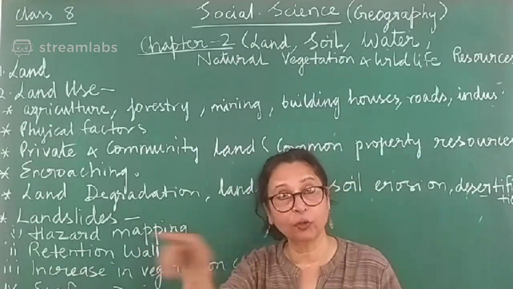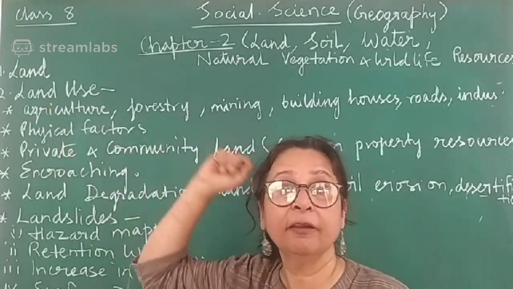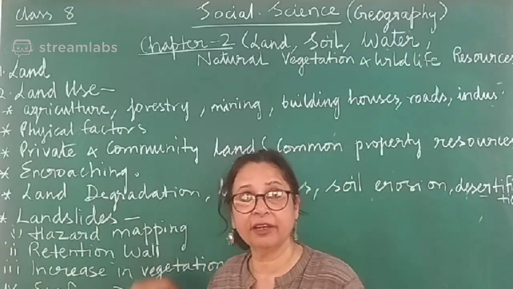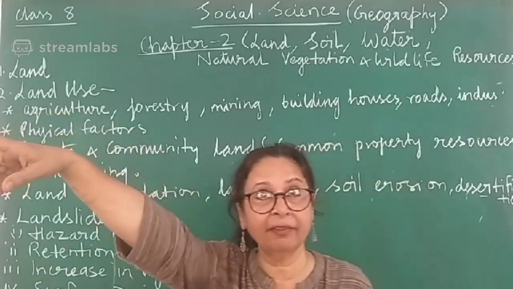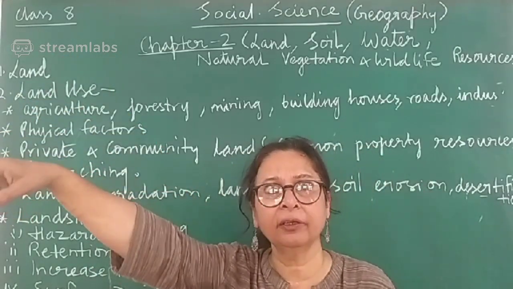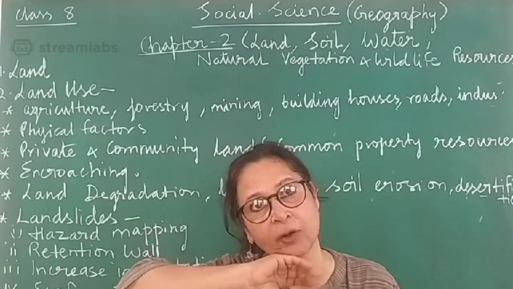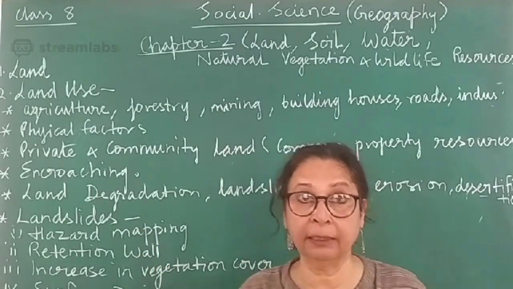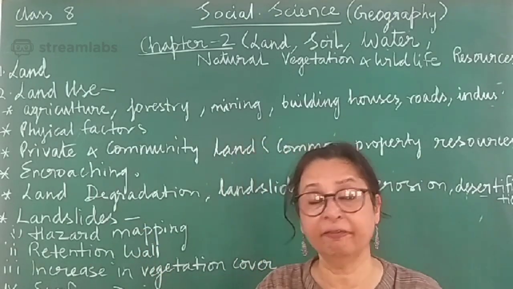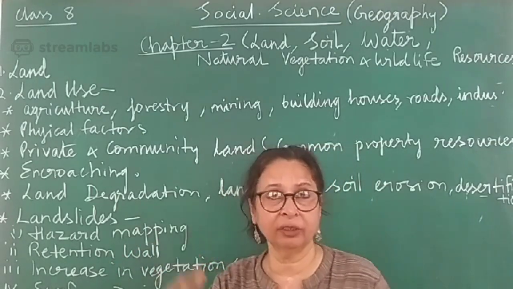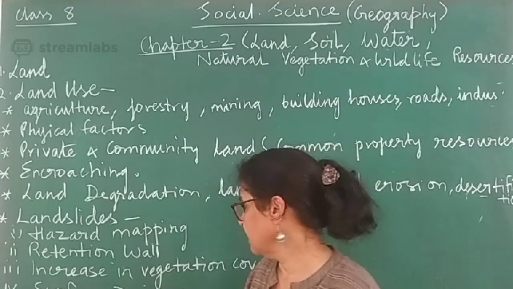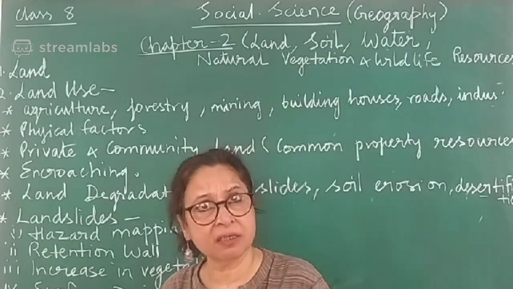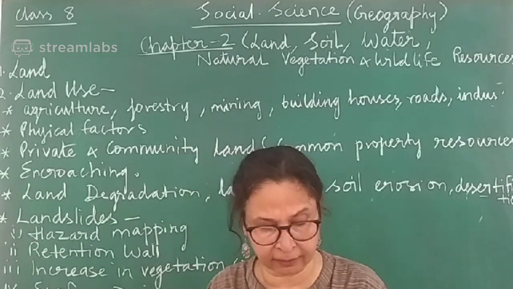Then retention wall, I showed you the picture also, and I gave you the example of Vikramnagar. Then increasing vegetation cover, then surface drainage, more surface drainage should be there. I think if you happen to go to Parajhar during rainy days, you'll find the surface drainage. So when there is heavy rainfall, flooding does not take place, soil erosion does not take place. Then conservation of soil, how it can be conserved, we discussed.